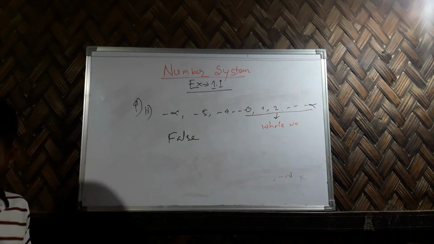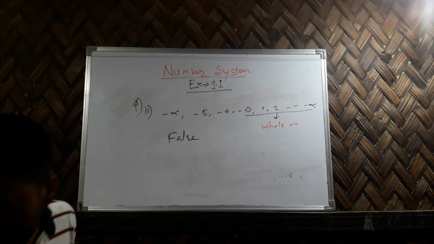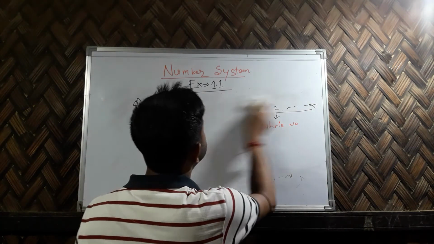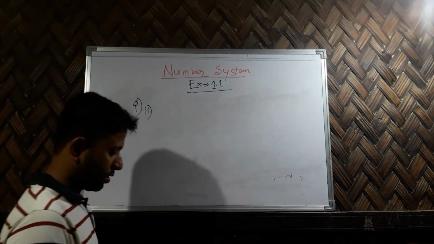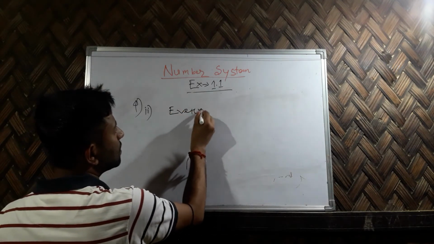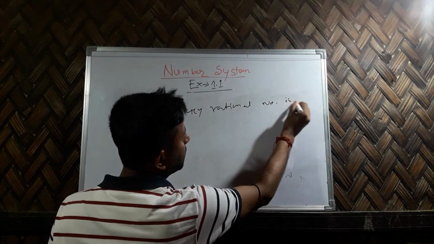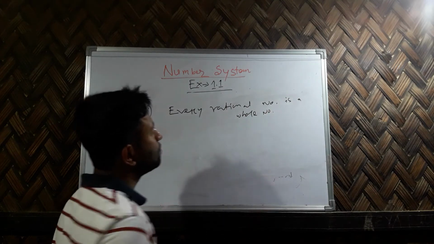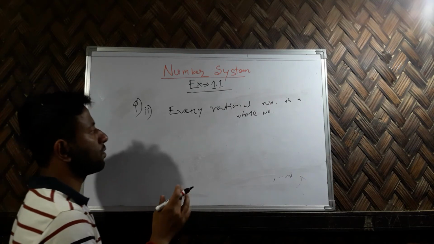Okay, then third one: every rational number is a whole number. Next question is: every rational number is a whole number. So in this topic, when I go to this, I will see